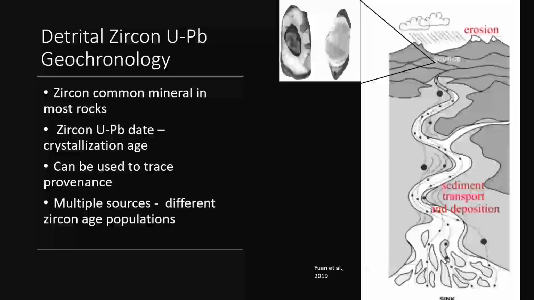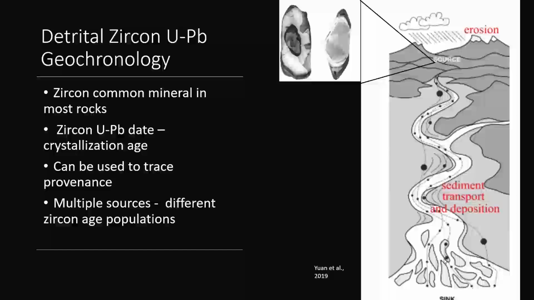So I'm going to get into the detrital zircon data, but just a quick background. Zircon's a pretty common mineral. You find it almost everywhere, not everywhere, because there wasn't any in the Renova Formation for the samples that I tried to process. But you have zircons, you can send them in to get a uranium-lead date, and that usually corresponds to